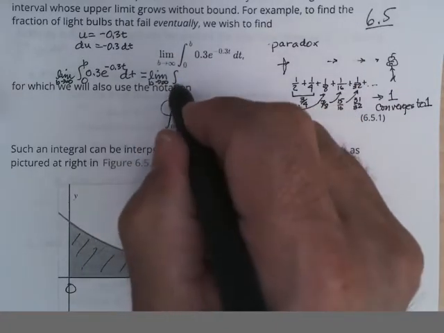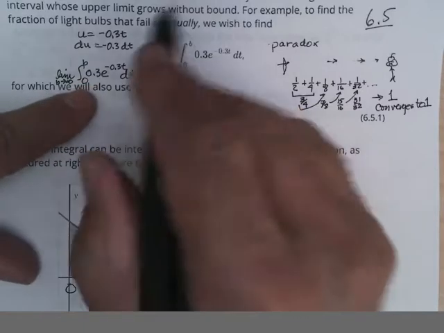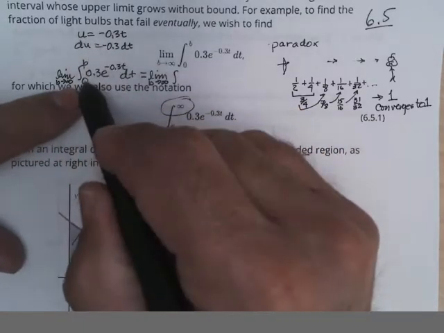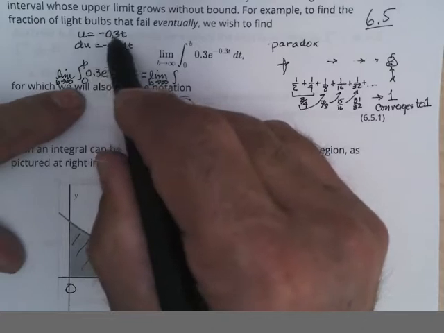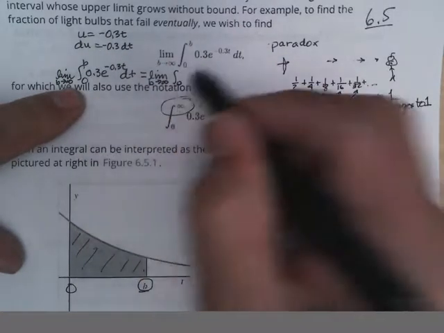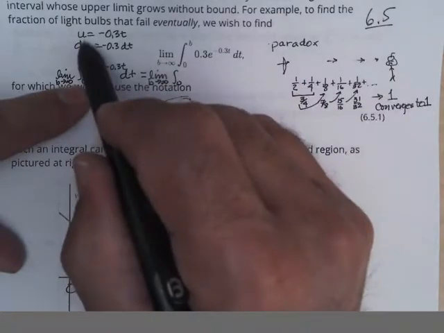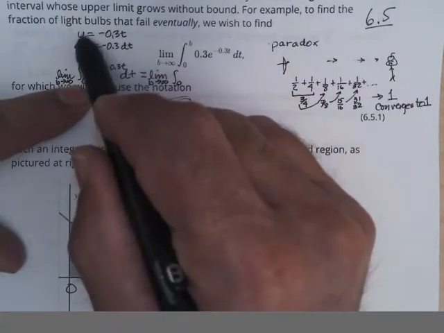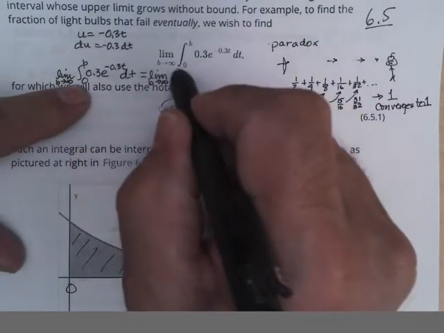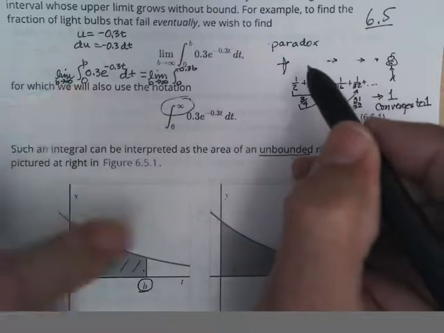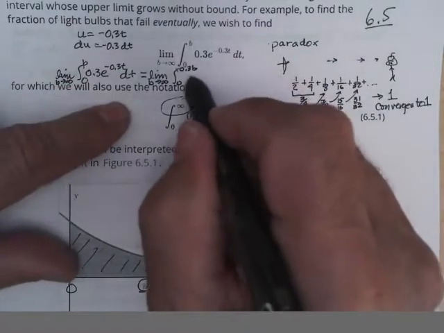I'm changing my limits because I'm going to u, and if t goes to 0, negative 0.3 times 0 is 0, so that would still be 0, and b would turn into u for the b would be negative 0.3b, and this would become